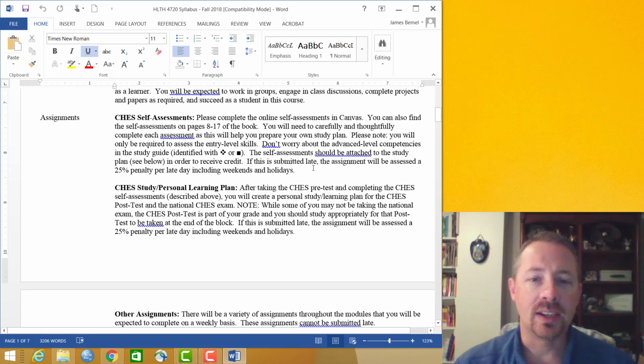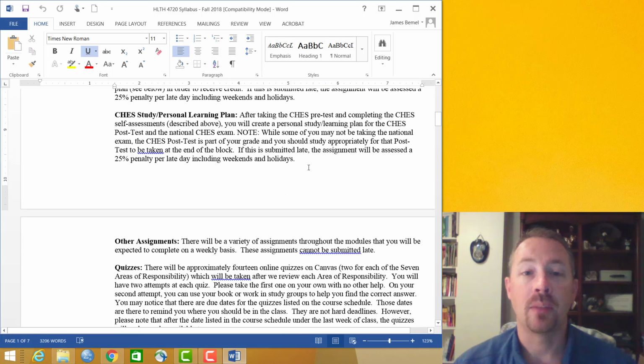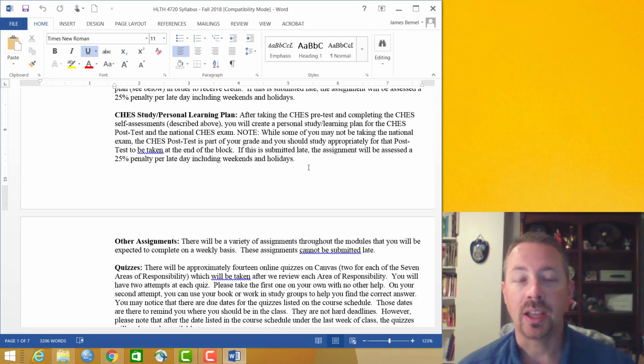The second assignment that you're going to do is based on the pre-test that you're going to take and those self-assessments. And that's basically the study or personal learning plan for the CHES exam. So basically you're going to create a plan to do better on the post-test and the national exam.